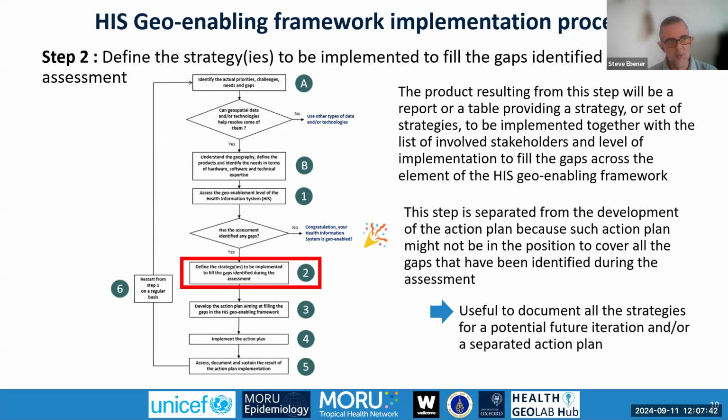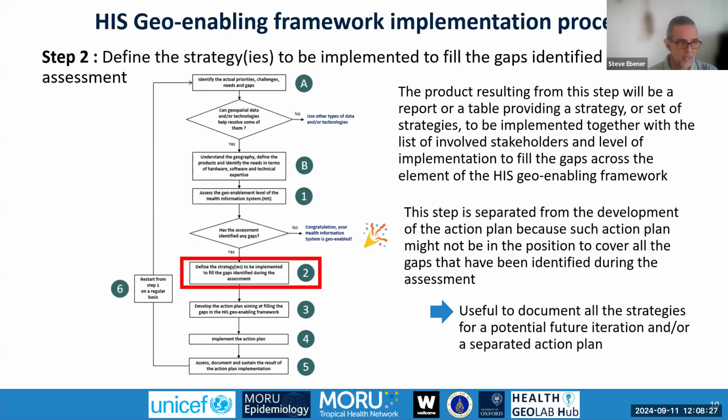The geography of the program or the intervention, defining the GIS-based products that will be useful to support decision-making and planning for the program or the intervention, and also looking at the type of technologies, I mean equipment, hardware and software, as well as the technical expertise that will be needed to generate those GIS products. And so these 2 steps are specific to an implementation at the program or the intervention level, and then starts the loop, which looks at all the foundational elements of the HIS Geo-enabling framework